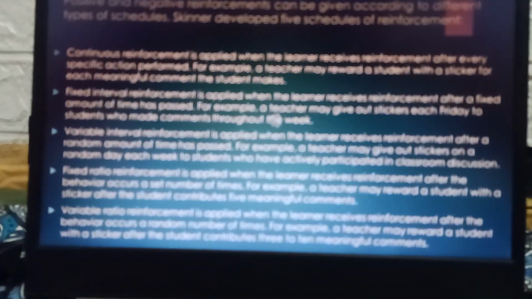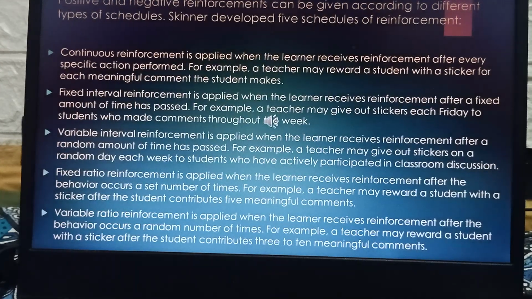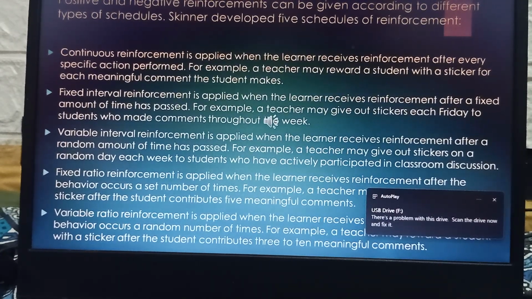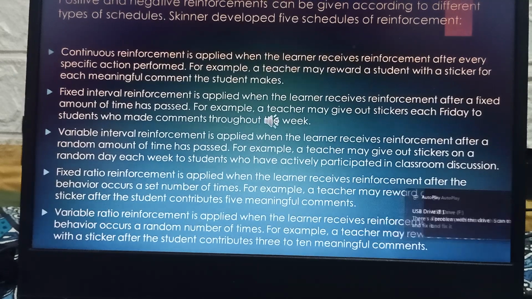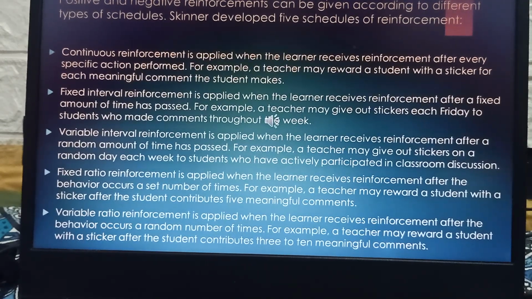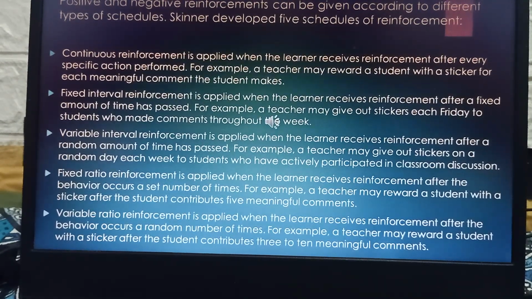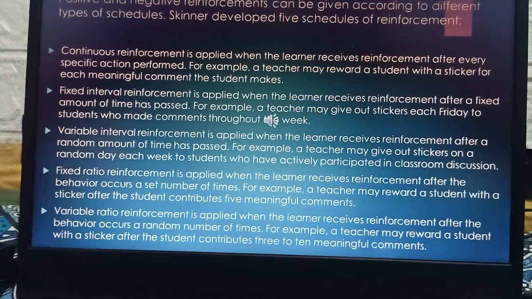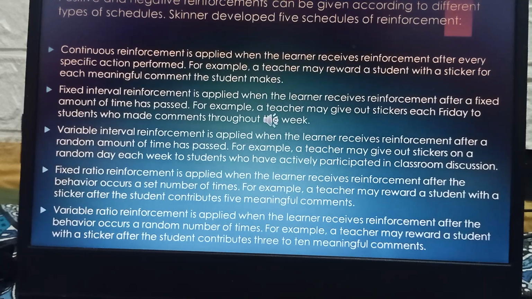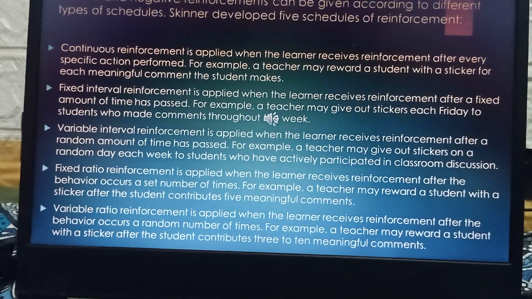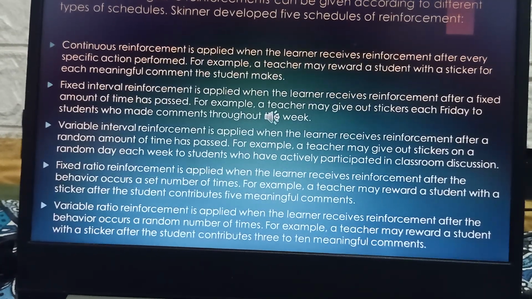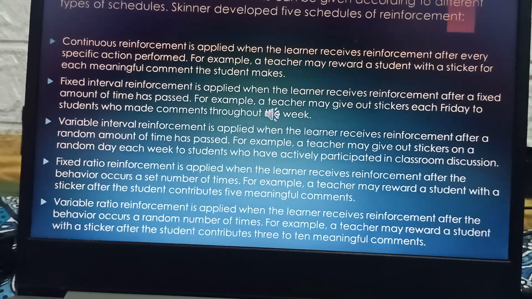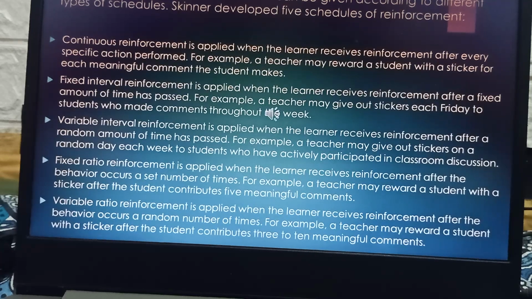makes. And next, fixed interval reinforcement is applied when the learner receives reinforcement after a fixed amount of time has passed. For example, a teacher may give out stickers each Friday to students who made comments throughout the week. So, variable interval reinforcement is applied when the learner receives reinforcement after a random amount of time has passed. So, example, a teacher may give out stickers on a random day each week to students who have actively participated